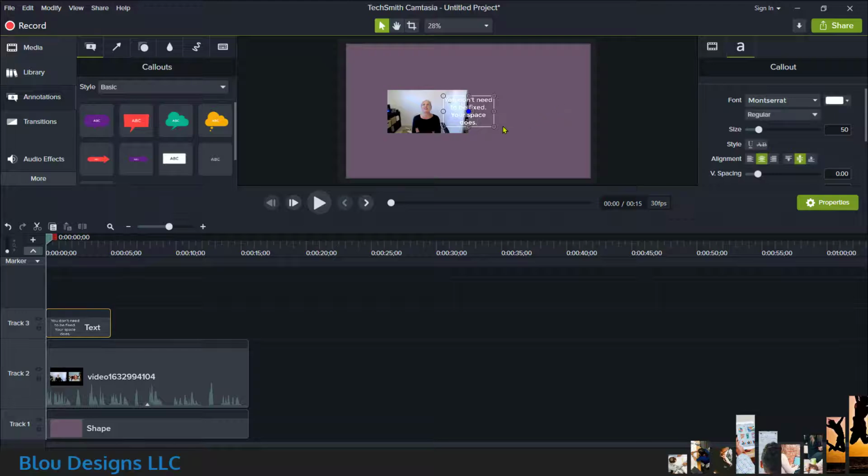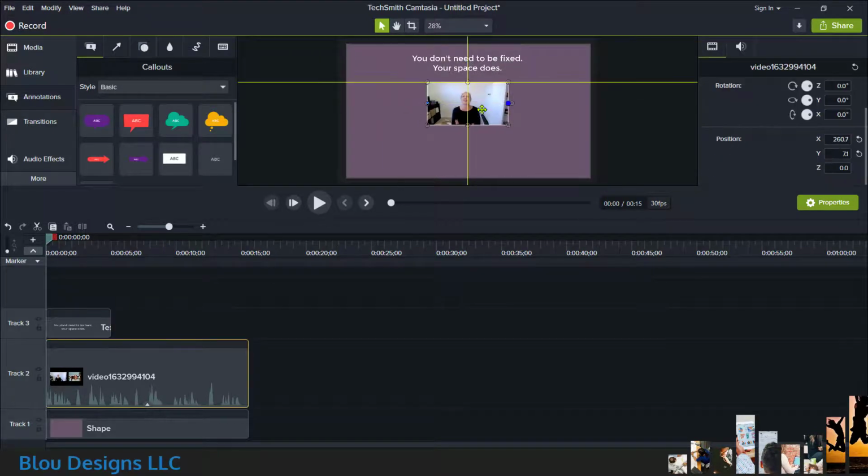use. Using the circles on the bounding box of the annotation, you can resize the box until it fits the text at the font size you want. And you can add in line breaks if you want to. Now you can move the tagline text and Zoom video snippet around in the frame until everything is laid out the way you want it to be. Note how Camtasia will show yellow lines to indicate that the thing you're moving around is centered in the frame.